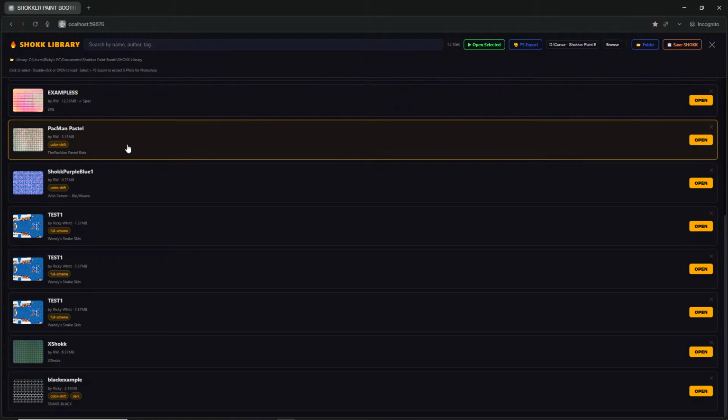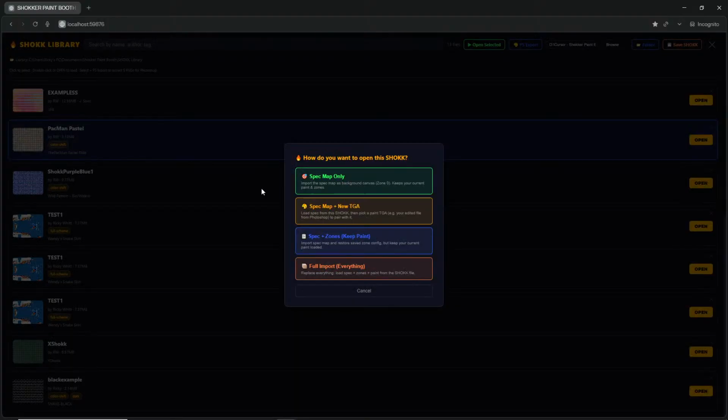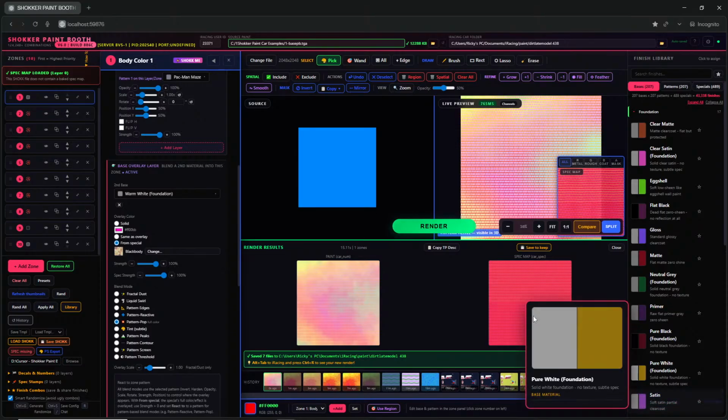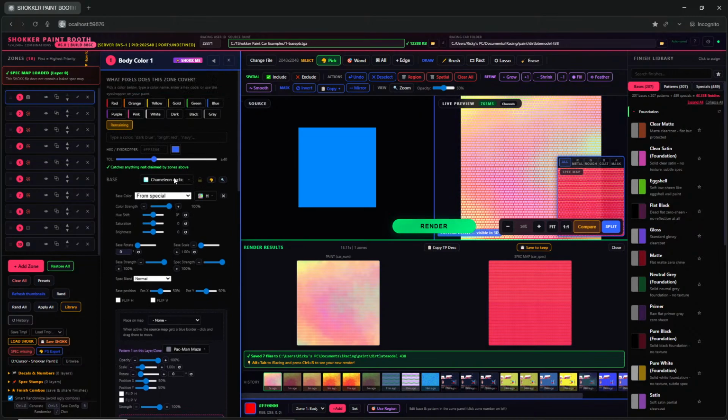So like I have Pac-Man Pastel. When you click load shock, you can load the spec map only, a spec map and a new TGA, a spec with the zones, or you can import everything. If you click import everything, it would have Pac-Man Pastel restored, and it restored all the channels over here that I had for that. It has not restored it here because there was an issue when I saved it. But if I did just go back in and click